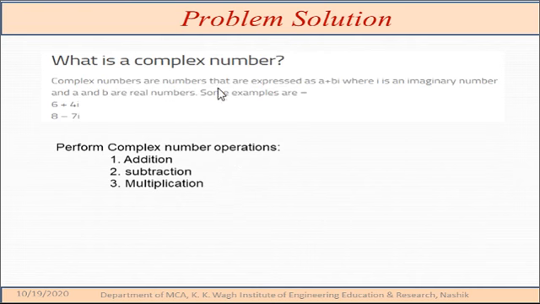As I said, for implementing the constructor concept, I am going to perform operations on complex numbers. So you should know what a complex number is. Complex numbers are numbers expressed in a specific format, that is a plus bi format, where i is an imaginary unit and a and b are real numbers. For example, as given on the screen, 6 plus 4i. So 6 is the real part, whereas 4i is the imaginary part